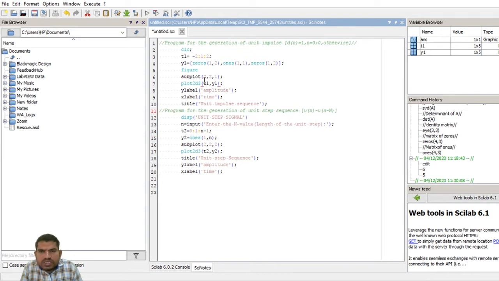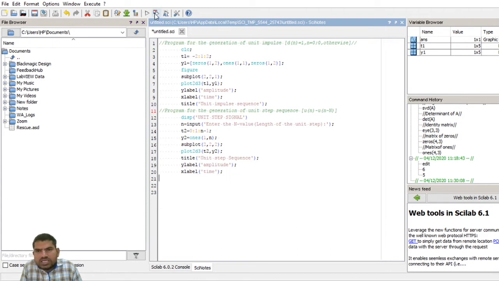Here subplot is already there. The first output is displayed in the first location, the second output in the second location. Now plot t2 comma y2. Title is unit step sequence, y label is amplitude and x label is time.